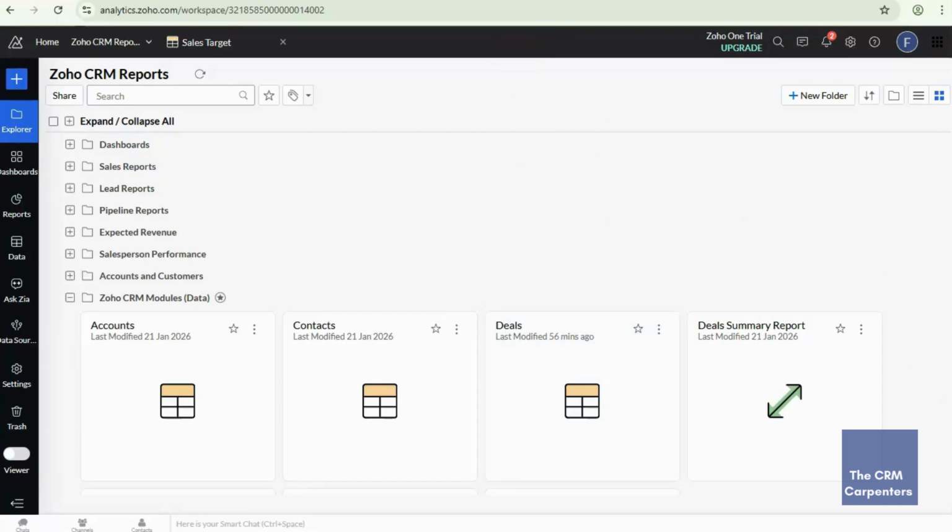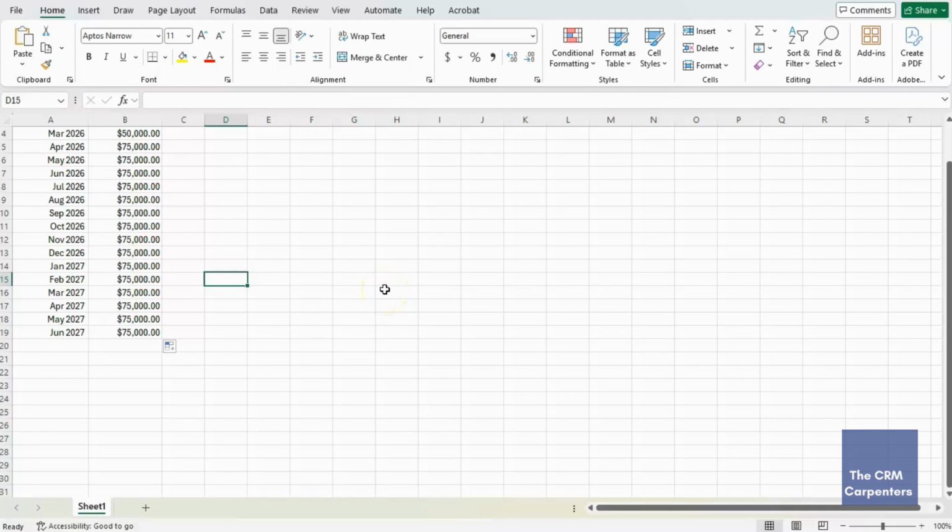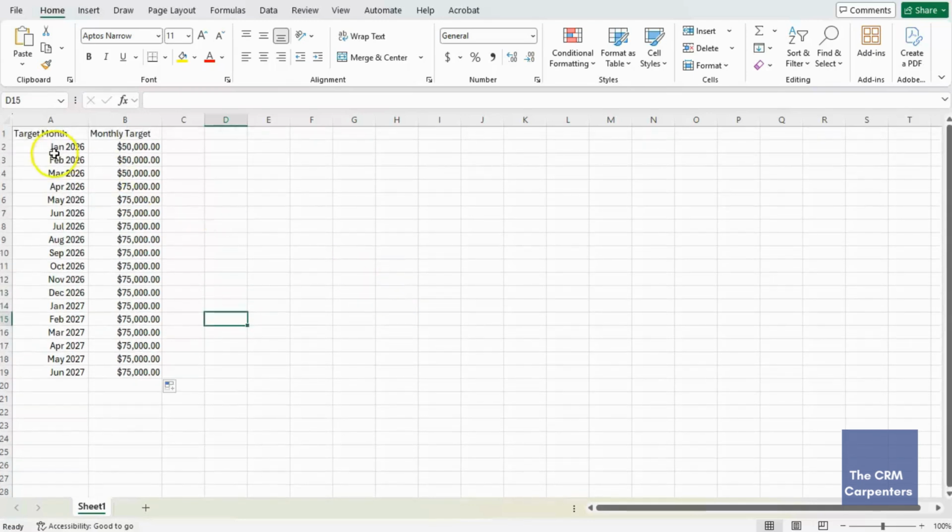In Zoho Analytics, if your monthly target values aren't coming from an existing data source or you don't have a specific target from your data source in CRM, you'll need to manually maintain them as a static spreadsheet table. Just like a spreadsheet table like this one that shows the target month and the monthly target, each row is 1 month. So it represents the month and the target based on your preference.